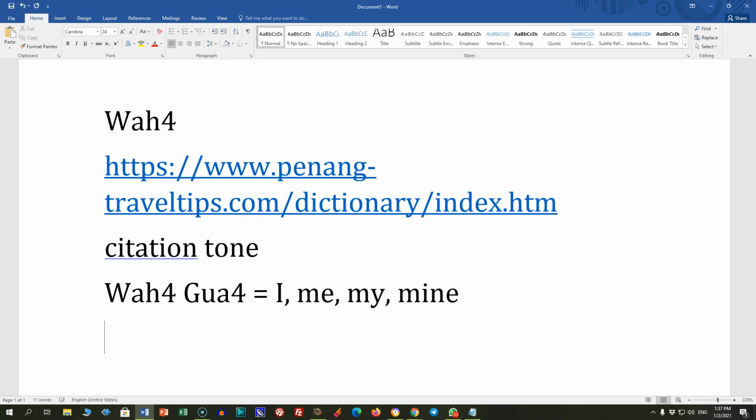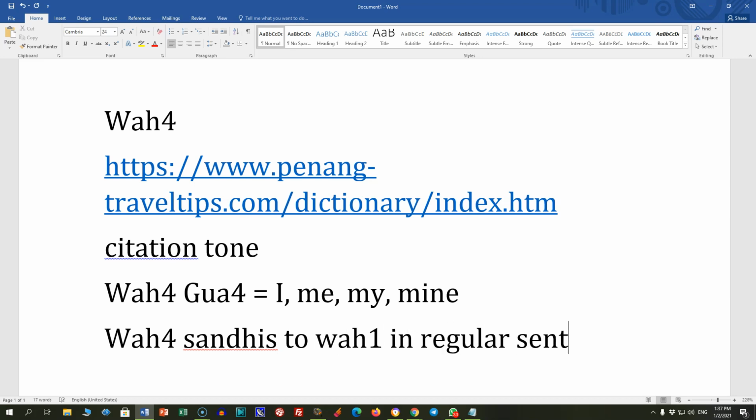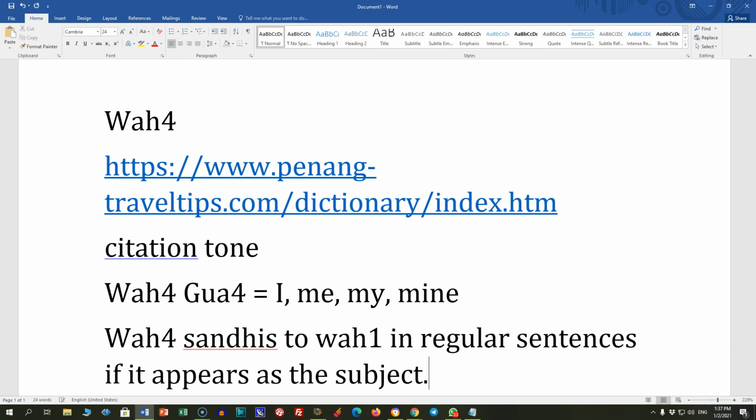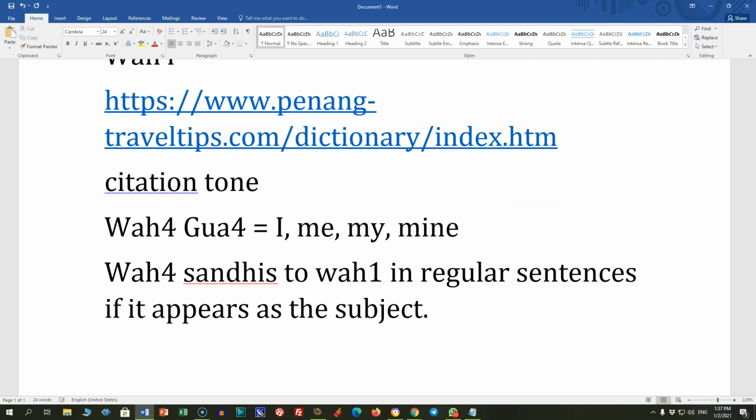This word wah sandhis to wah in regular sentences if it appears as the subject. And this is what I mean. If you put wah in front, such as wah4,